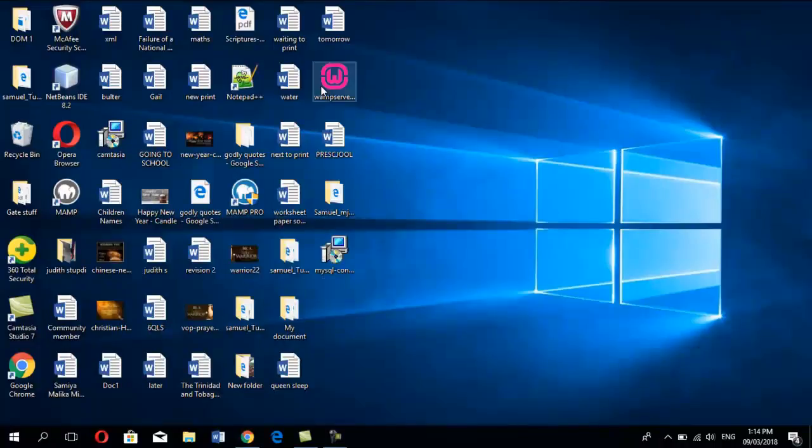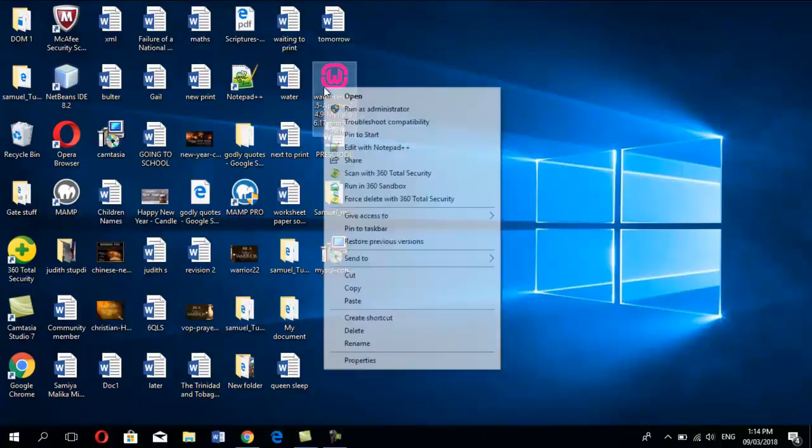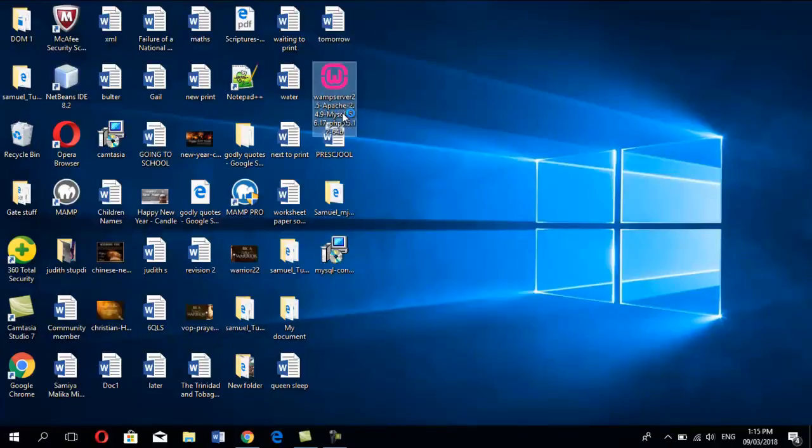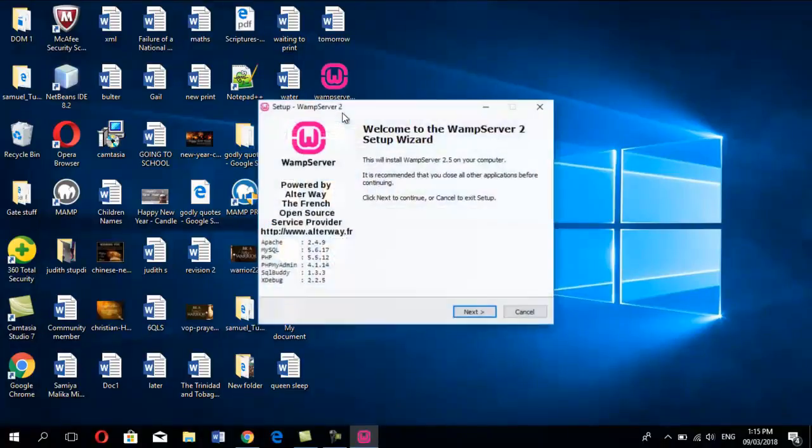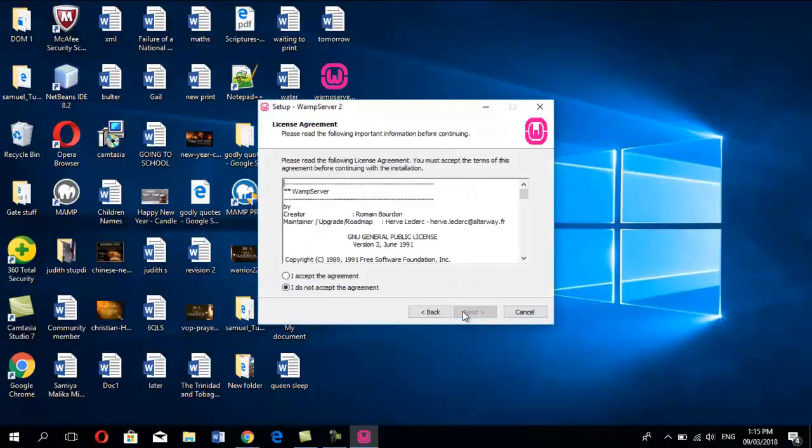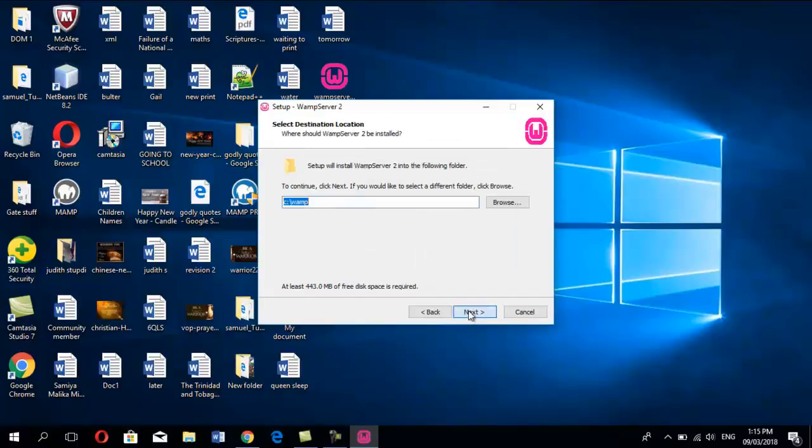As you could see on my desktop, you could see the installation package of WAMP server that I've downloaded from that same website. So I'll right click it and select the option run as administrator, and it will ask me if I want to allow this application from an unknown publisher to make changes to your device. So I'll click yes and click next. I accept the agreements, click next again,